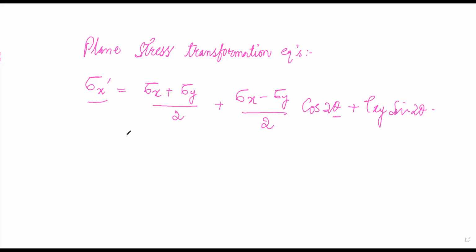Okay. So we can write that sigma x prime is a function of theta. It is only a function of theta. And I can at least say that sigma x prime is a one variable function. Why is this a one variable function? Because sigma x prime is only a function of theta. As theta changes, the value of sigma x prime also changes.